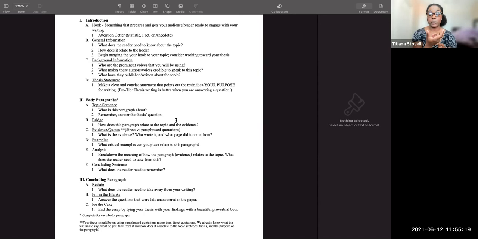This is one point as to why summer days are longer. The next body paragraph, here's another point why summer days are longer. Is the third point why summer days are longer. And you would do that all the way to the end until you have all your points listed out. And then you provide a bridge, right? And so that bridge is what,